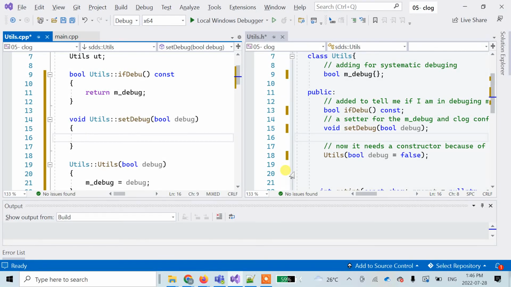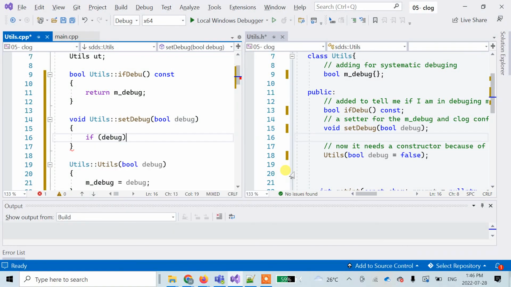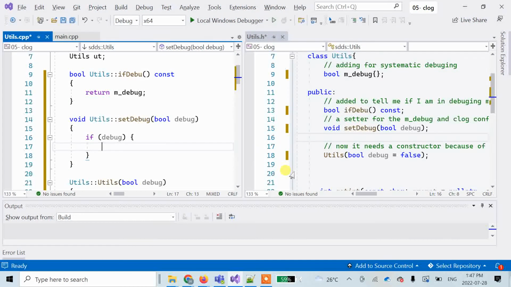So now that this is the case, I'm going to check debug first. If debug is true, this means I am in the debug mode, so I want this debug to work. And we said that just like cin,